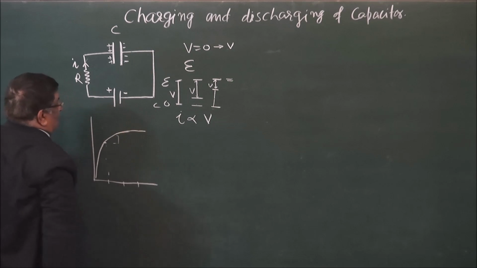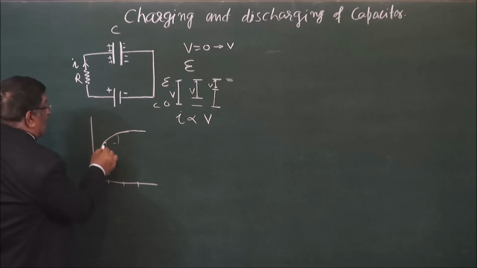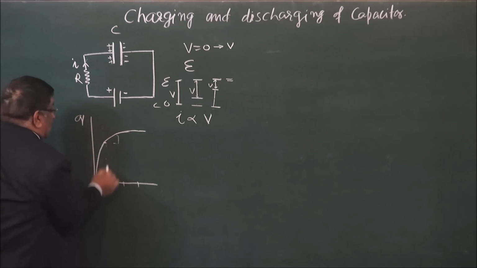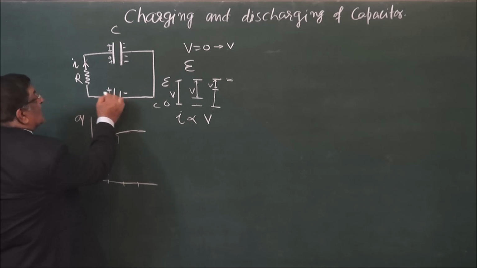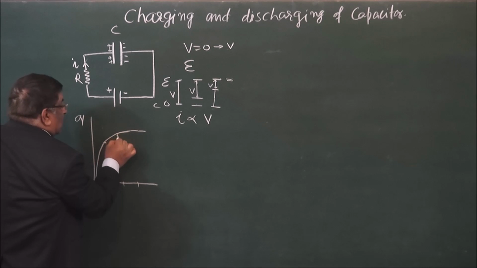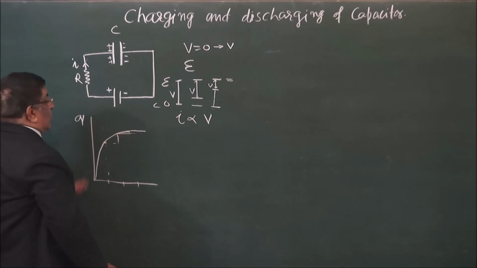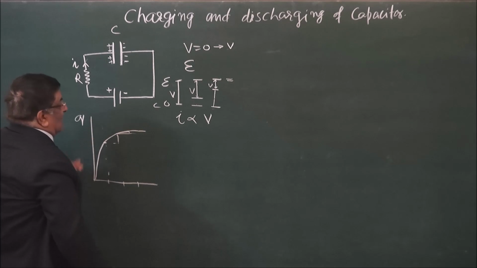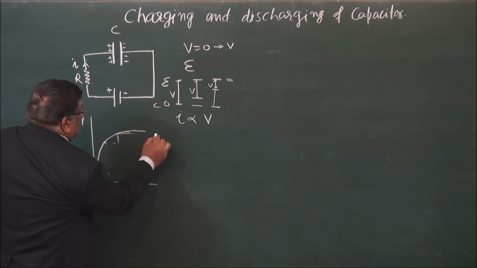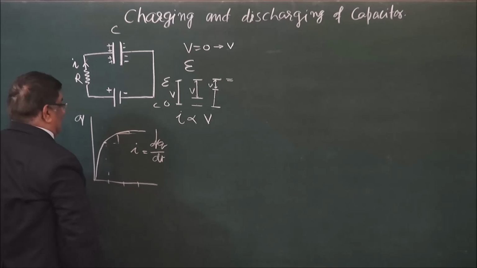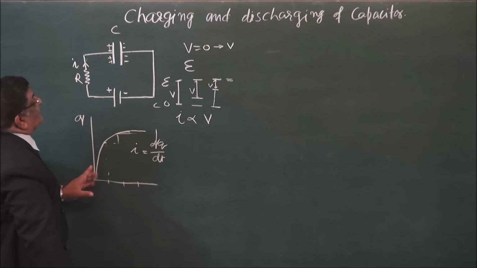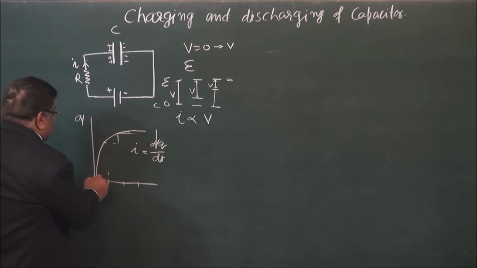तो इस तरह से इसमें शुरू में चार्ज बहुत ज़्यादा जाता है, फिर चार्ज और कम, फिर चार्ज और कम, फिर चार्ज और कम. तो ये जो रेट ऑफ चेंज ऑफ चार्ज है dq by dt, this is current. ओके, तो इस तरह से एक कैपेसिटर चार्ज होता है. इनिशियली